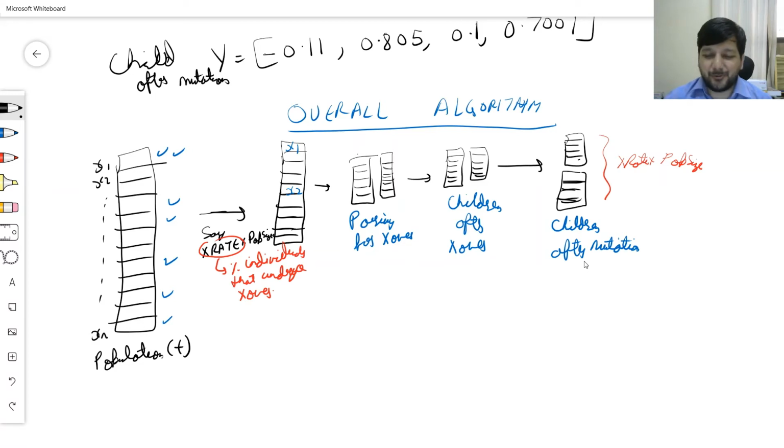Now there are two schools of learning. The first school of learning says that you make a combined population pool of these children and these parents. So let me highlight these children and these parents. So I make a combined population pool.